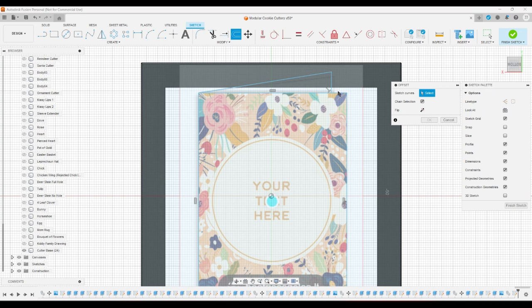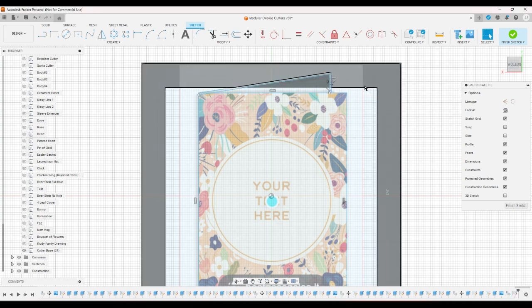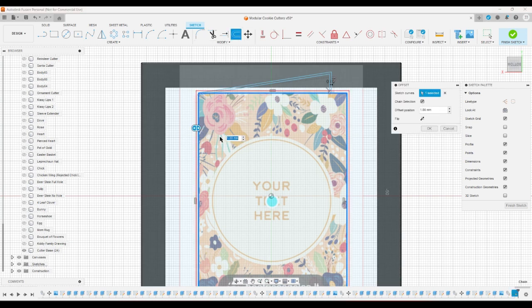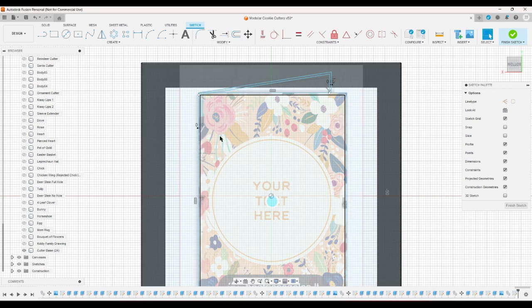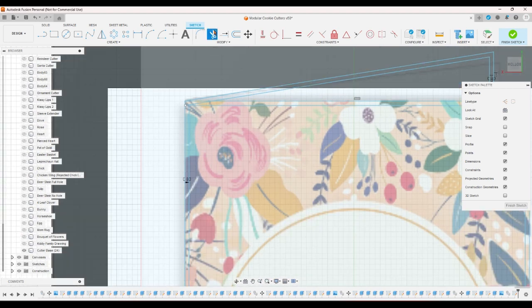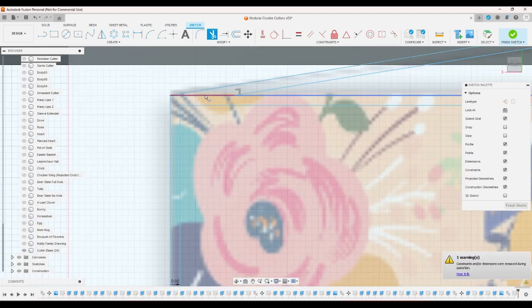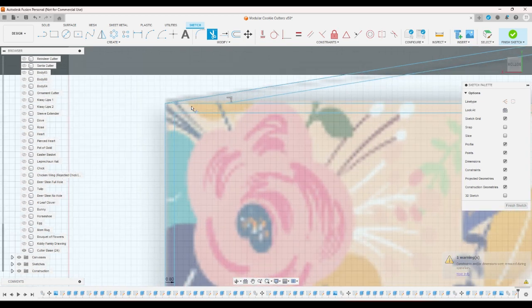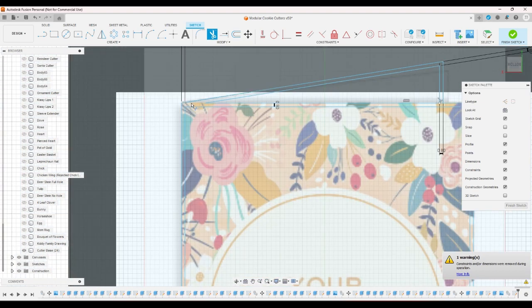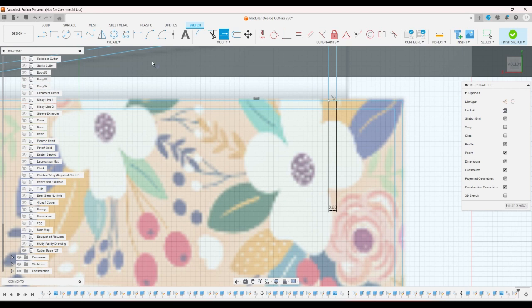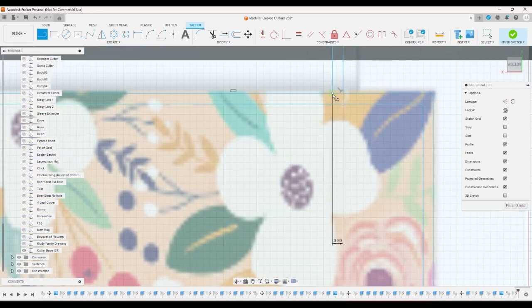Alright, and then if I offset this by 0.8 and I offset this by negative 0.8 and then I trim, wait, okay, and then I extend this. What do I need to do? I need to cut out, okay, I need this to go here